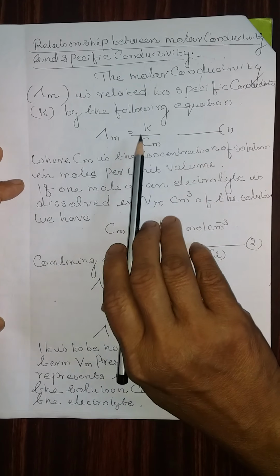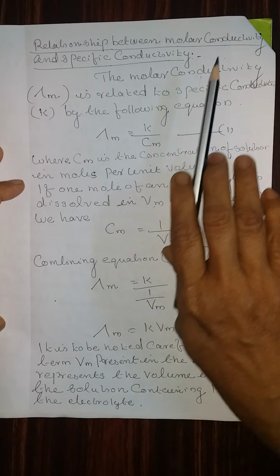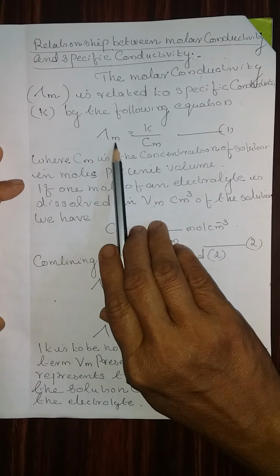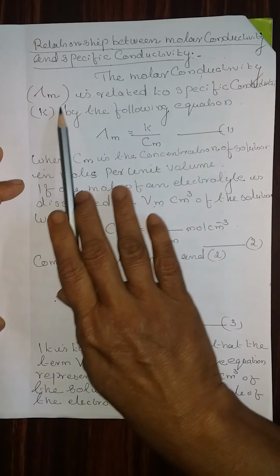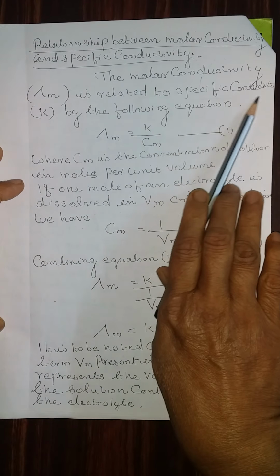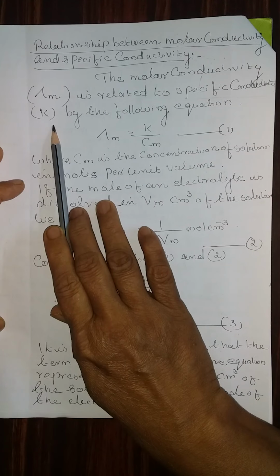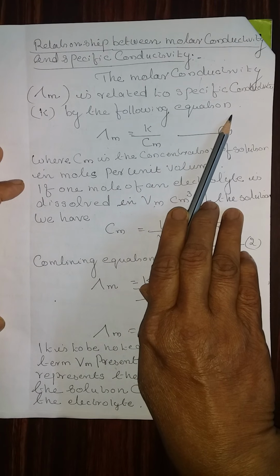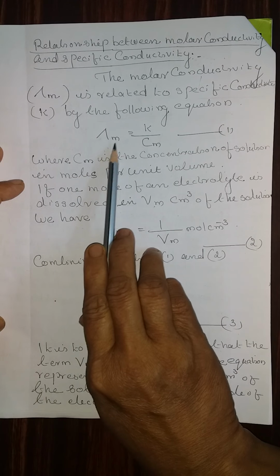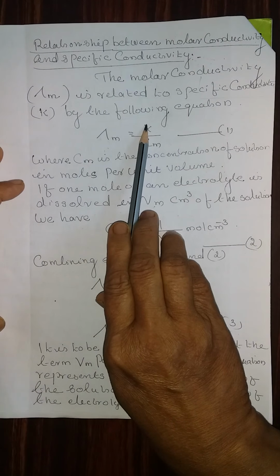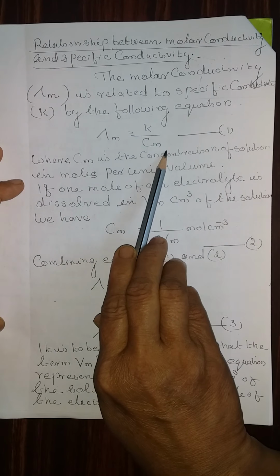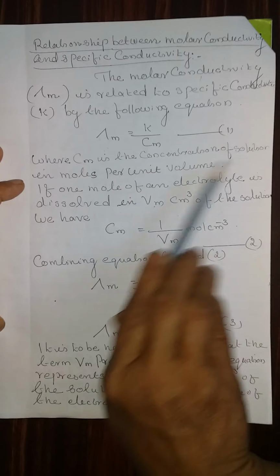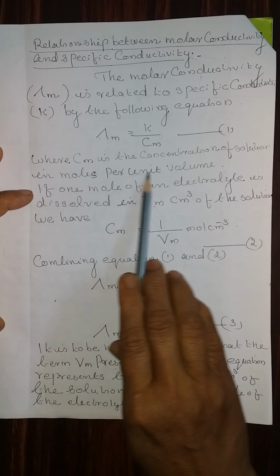Therefore, let us see what is the relationship between molar conductivity and kappa. The molar conductivity delta M is related to the specific conductivity kappa by the following equation. That is, delta M is equal to kappa by Cm, where Cm is the concentration of the solution in moles